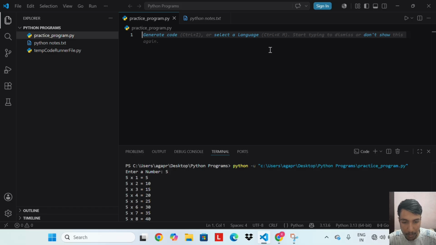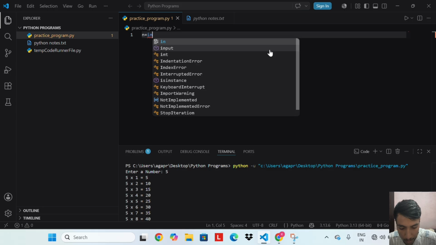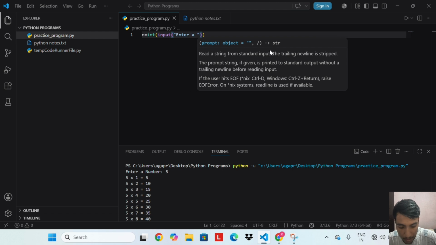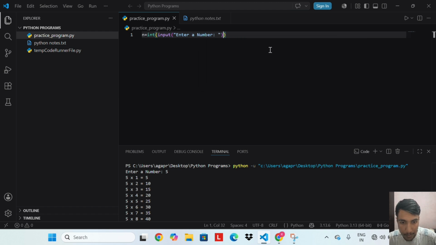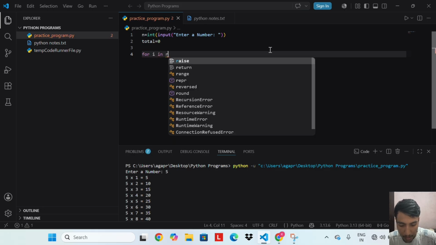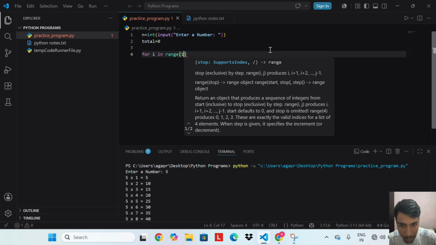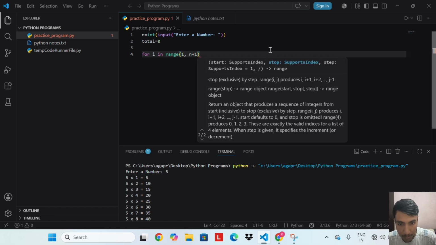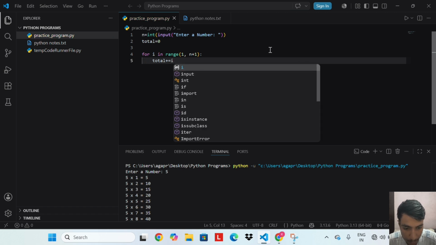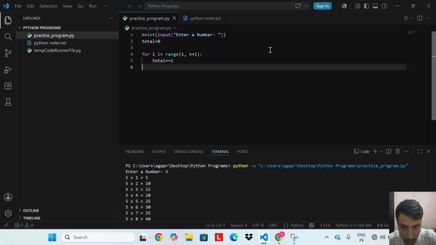Sum of first n natural numbers. n = int(input('Enter a number')). total = 0. for i in range(1, n + 1): total += i. print(total).